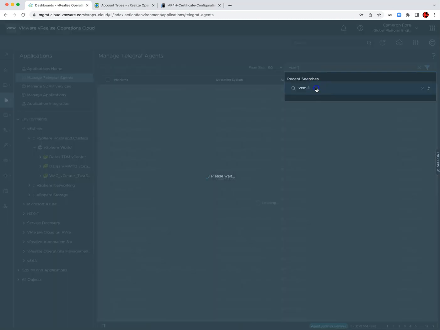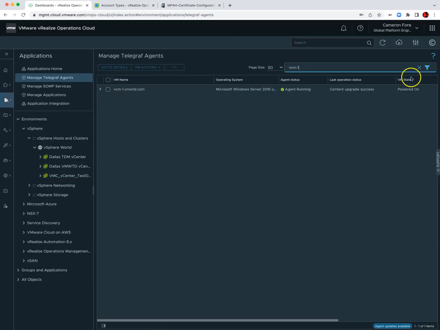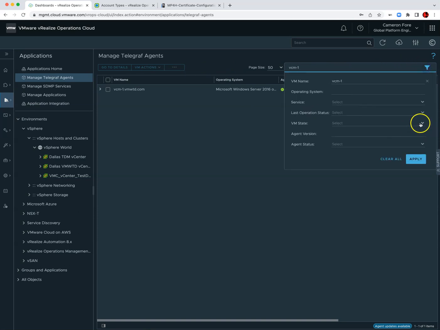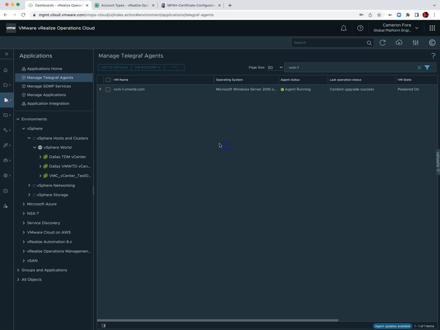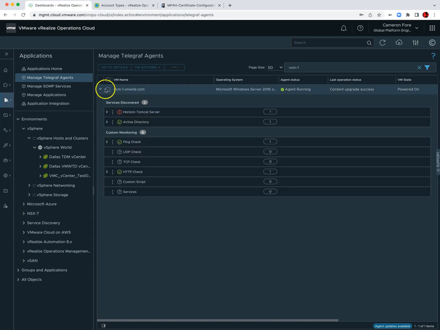So in this case, let's see. That's not exactly what I wanted. I'm just going to show all of them. Agent status. Actually, I'll just leave it at that. So basically, you search for your particular VMs. It's actually installed on the VM object, and you're going to come to the VM object